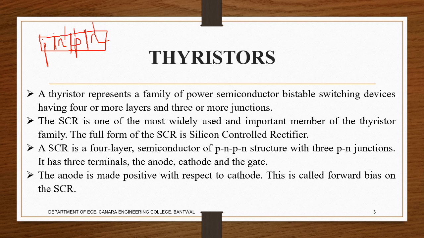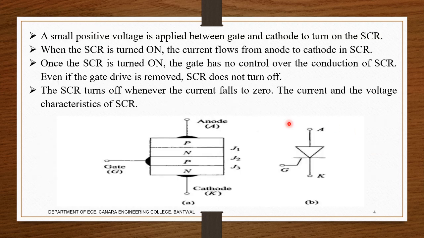Wherever you go, there is an SCR lab. Hence the name silicon controlled rectifier. And as I said, we'll be using this type of four layers here, and it has the anode, the cathode, and the gate. As we know, the anode is positive with respect to the cathode, and this is called the forward direction. So we'll look at how the circuit is made. This is PNPN.